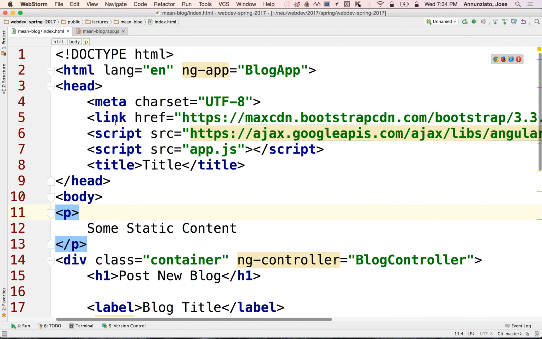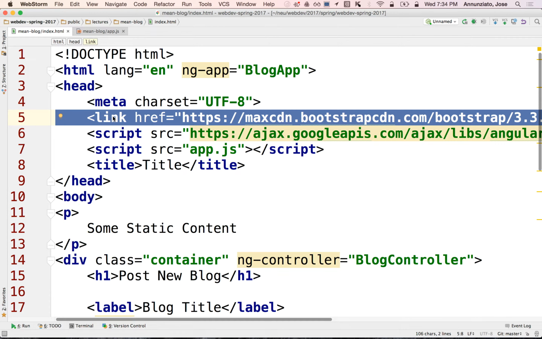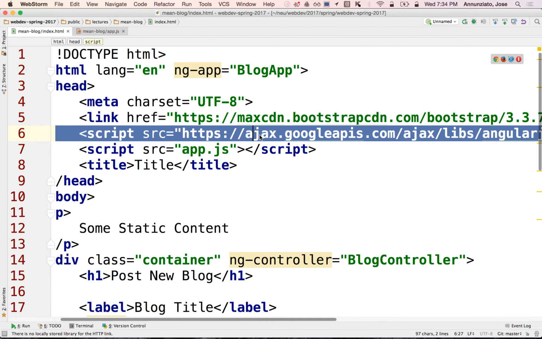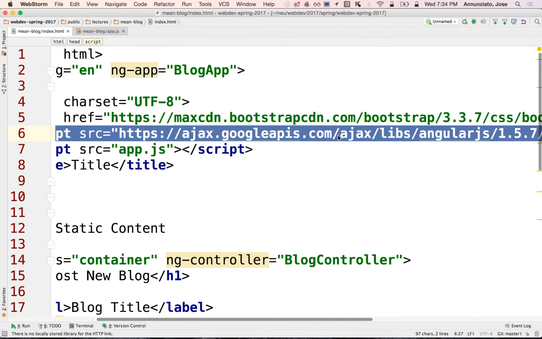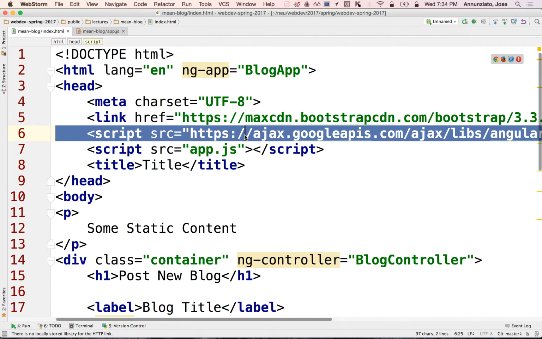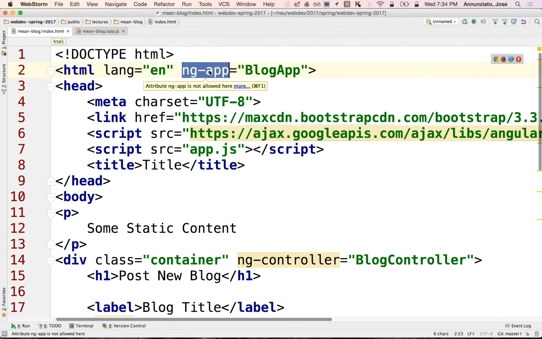of things here. We've loaded the Bootstrap library for styling. We have loaded the AngularJS core library 1.5.7 from Google API, and that declares the global object Angular. And that Angular object also declares all sorts of behaviors, including declaring several attributes of its own. And they're all nicely namespaced with an ng dash, so that you don't